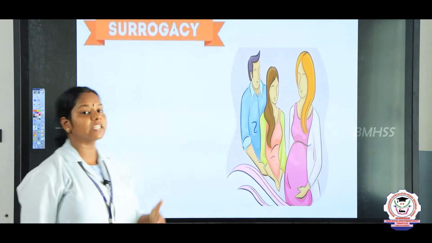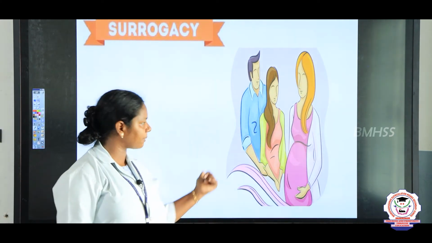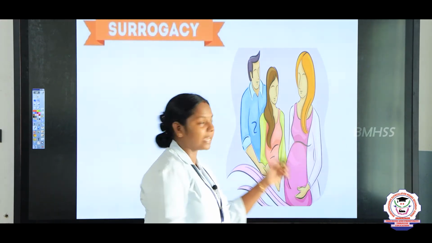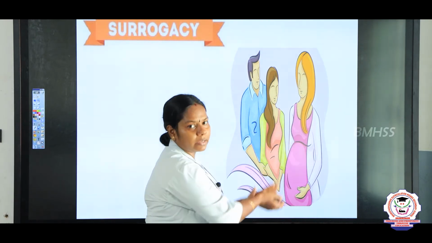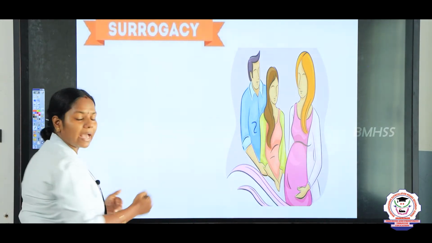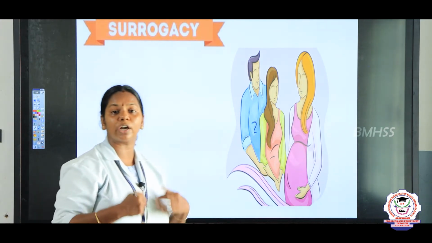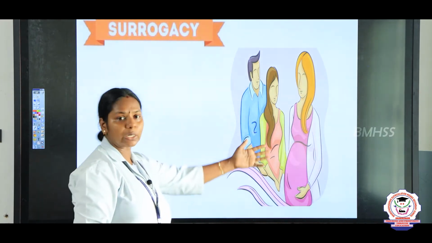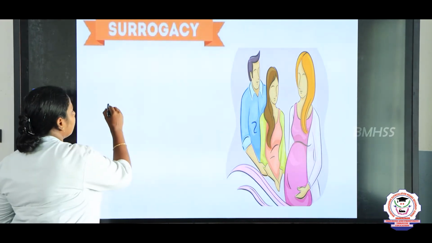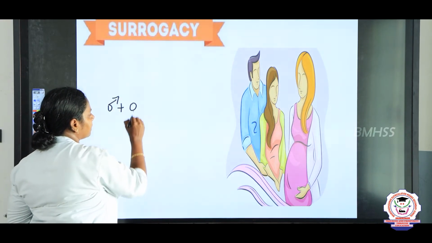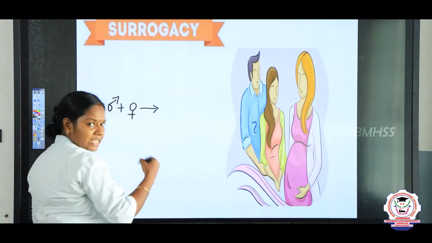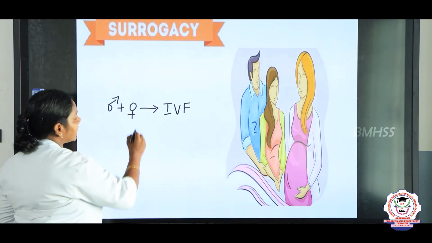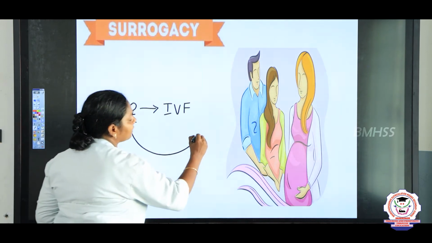The next technique we are going to discuss is surrogacy. It is an agreement or assisted technology by which a woman agrees to carry the child of another couple. For example, the woman may have a problem in bearing a child. She may not have the capacity of bearing the pregnancy. So at that time surrogacy is suggested. The male gamete from the husband and the female gamete from the wife are fertilized using the IVF technique, and after the embryo is formed, it is injected into another female's uterus.